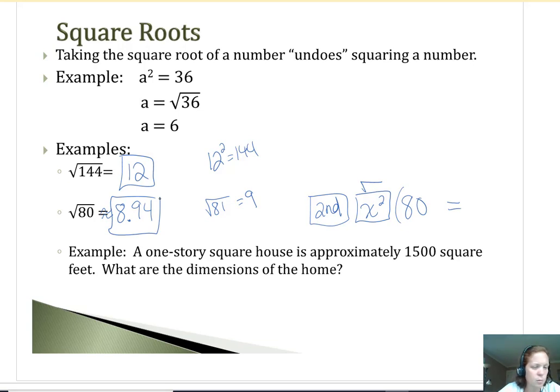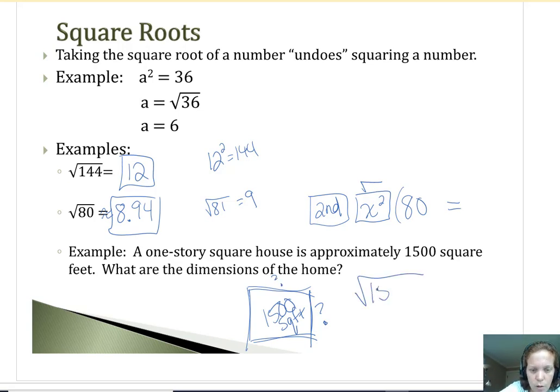So here's one application problem. One-story square house is approximately 1,500 square feet. What are the dimensions of the home? So 1,500 square feet. This house is the square. What's this dimension? So question mark times question mark should equal 1,500. So we could do the square root of 1,500. I'm going to write this feet squared. So let's see, square root of 1,500